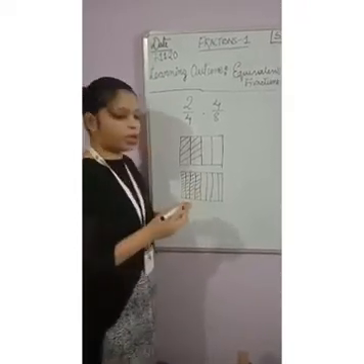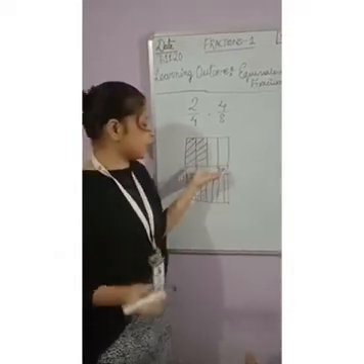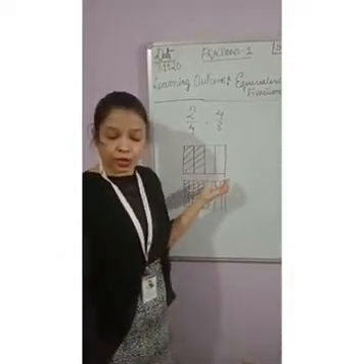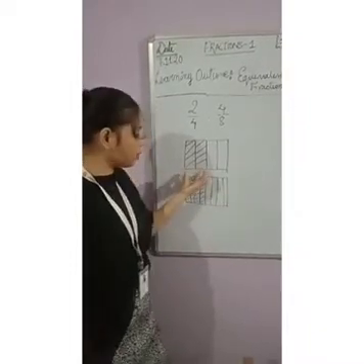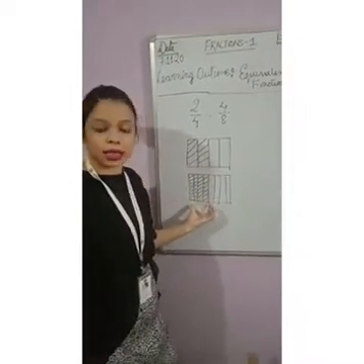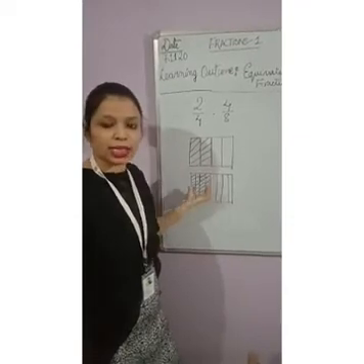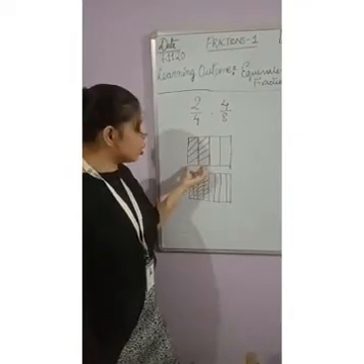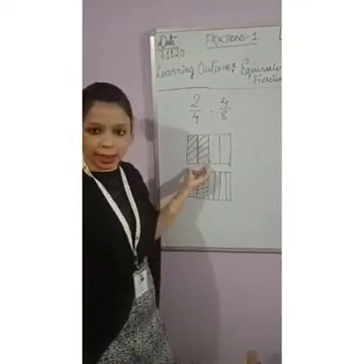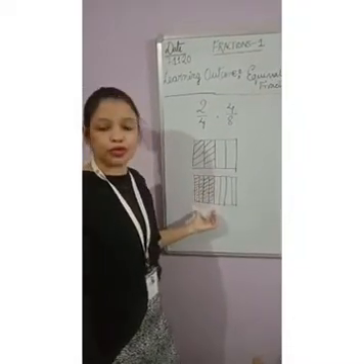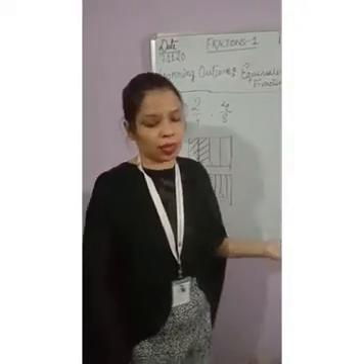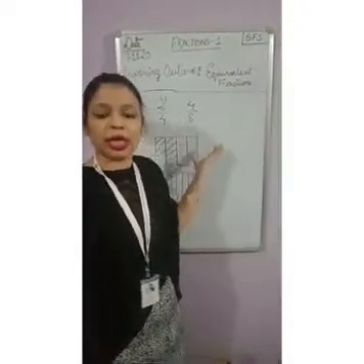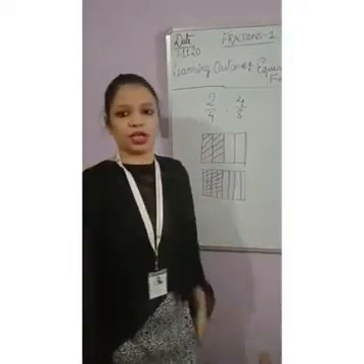Now you can look at the picture. Though the first figure I have divided into 4 and the second figure I have divided into 8 equal parts, both the figures have got the same shaded part. See, 2 by 4 also represents the same amount as compared to 4 by 8. So in this way we can find the equivalent fraction of any number and we can express it in figures.